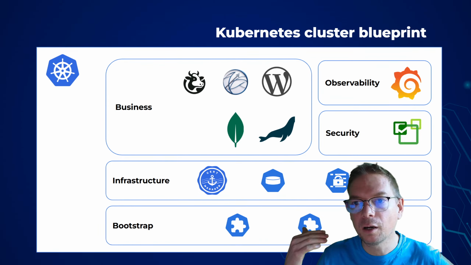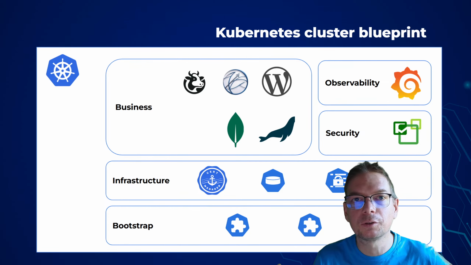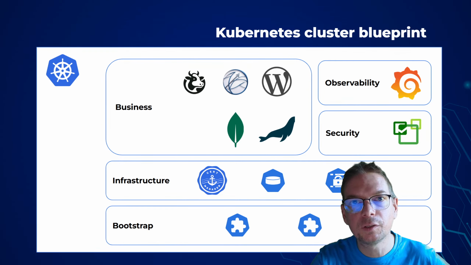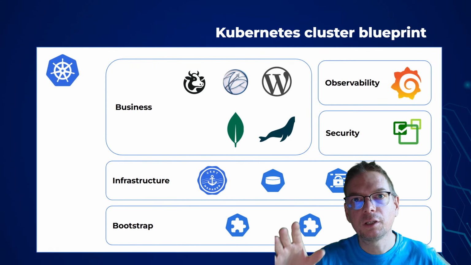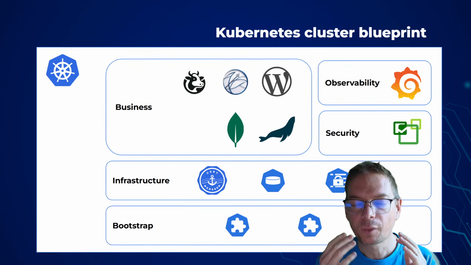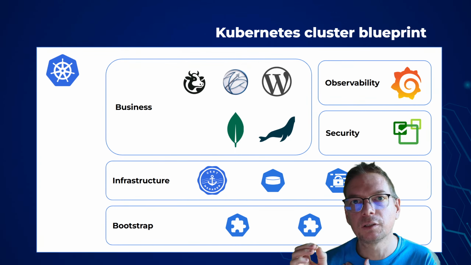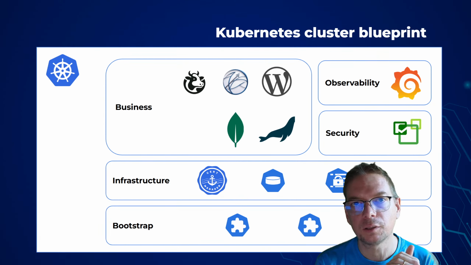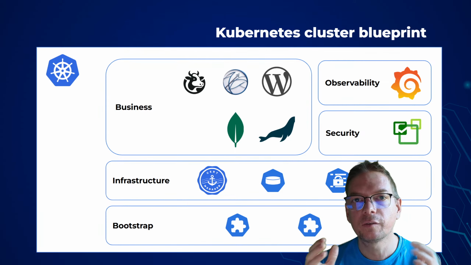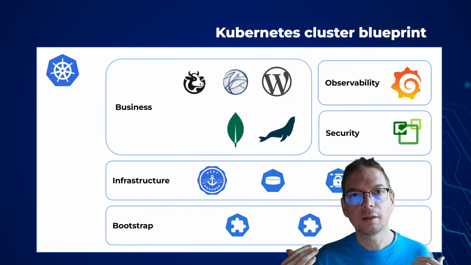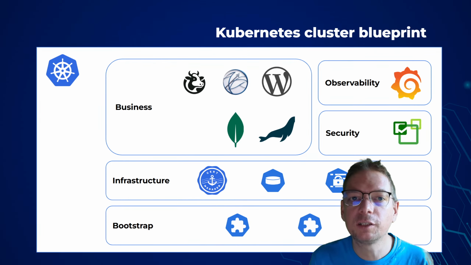So if you are audited, or your CTO is wondering what's running on your clusters, here you've got your blueprint. And this will be a blueprint that will evolve over time. You know exactly what's running. You can make upgrades. There are no question marks. So you can control everything regarding the version, the quality, the security, vulnerabilities, and you can observe everything. So you have the state of the art, relatively easy thanks to the GitOps approach.